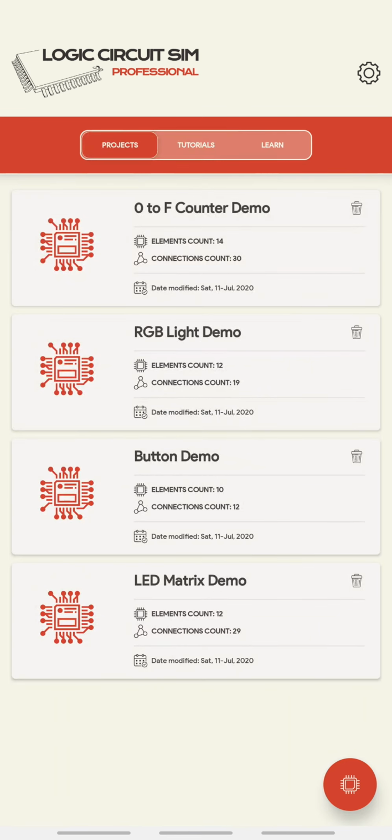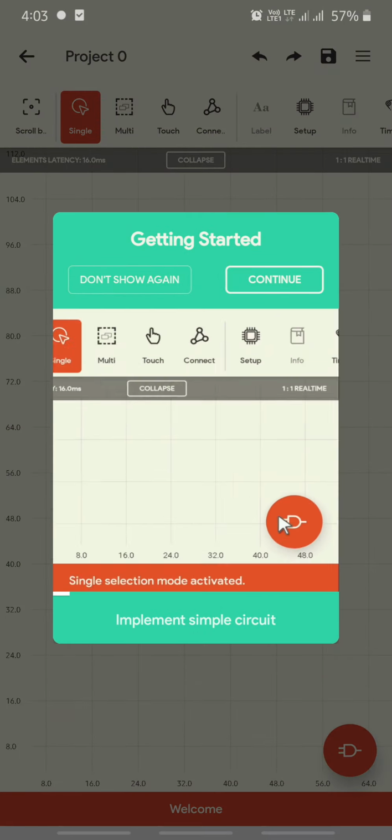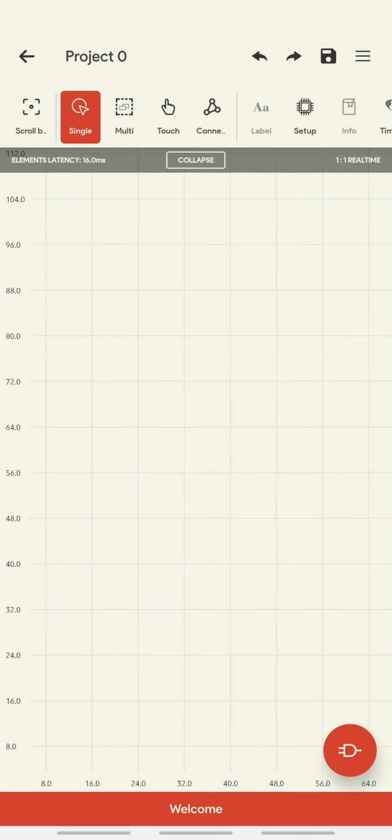To simulate, we need to go to project, and at the bottom right you have an IC symbol. If I click on that IC symbol, the project space opens. This is a project space.